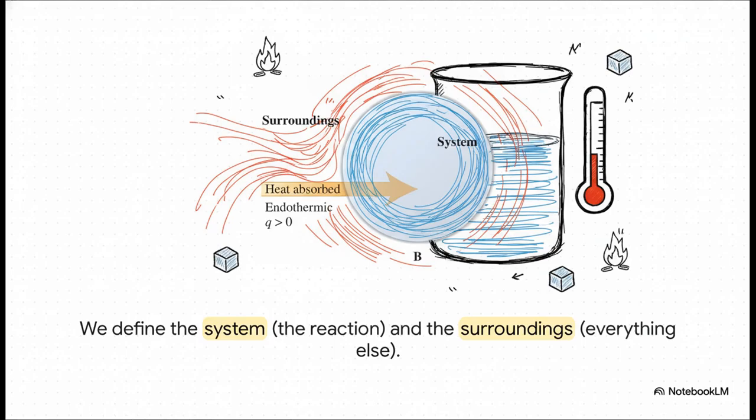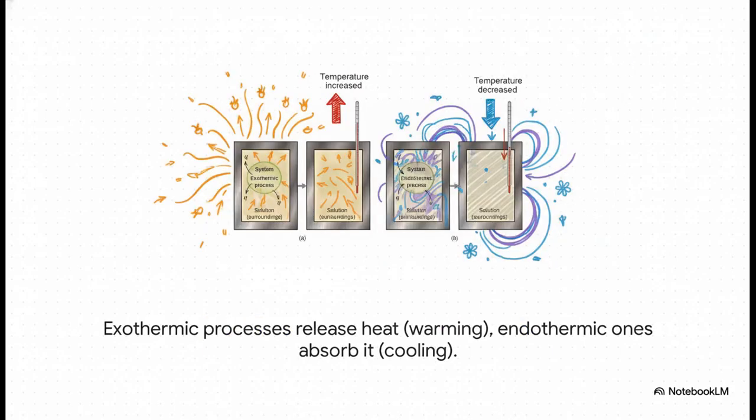And then there's the surroundings. That's everything else that can exchange heat with our system, like the water it's in, the cup, the thermometer, you name it. Now here's the clever trick. It's really hard to measure the heat of the reaction directly, but it's really easy to measure the temperature change